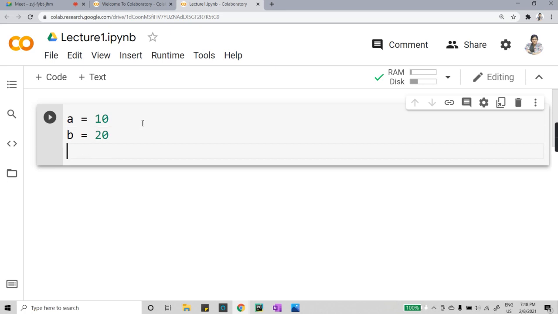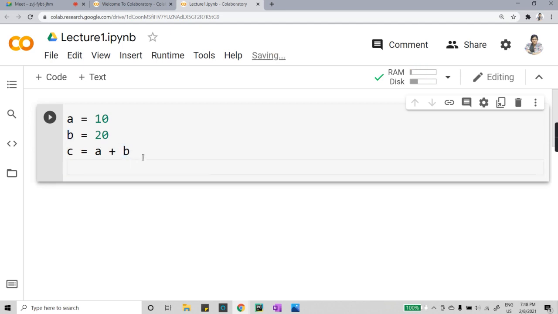Now if I want to add two things, I take a new variable and write a plus b. So in this third line I have taken a new variable c, and in it I have stored a plus b, the addition of a and b.